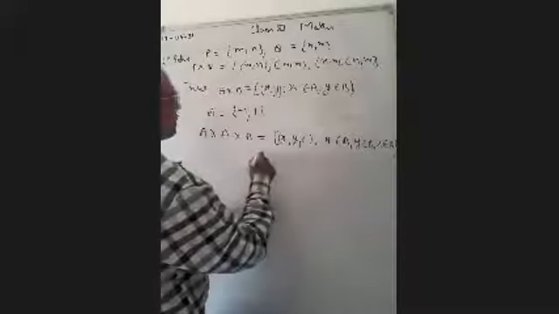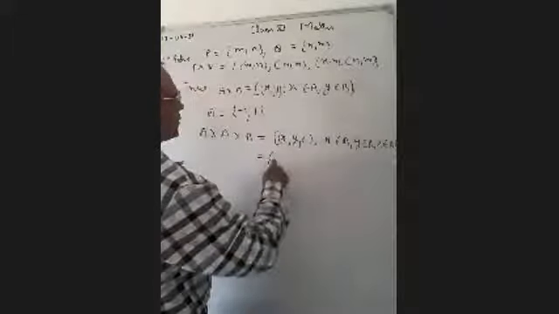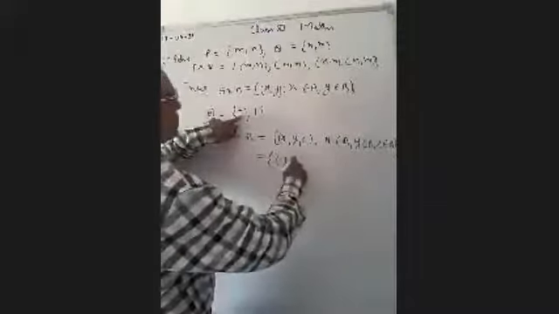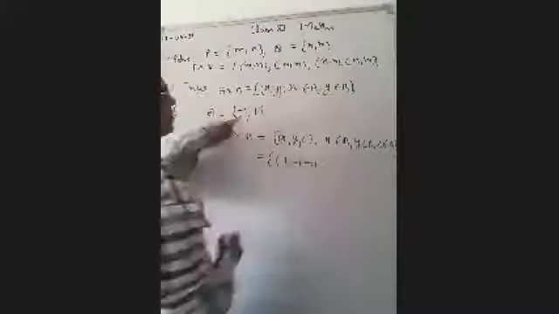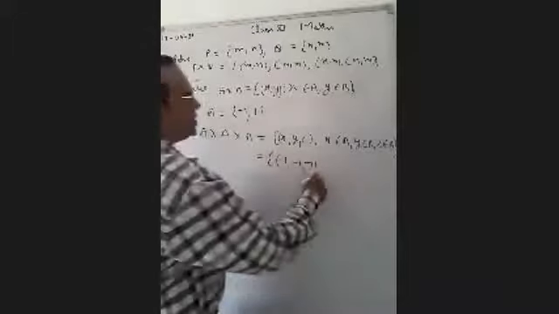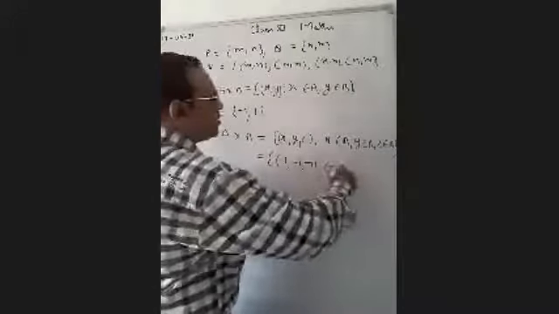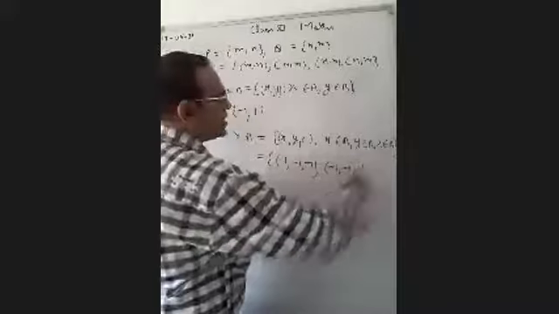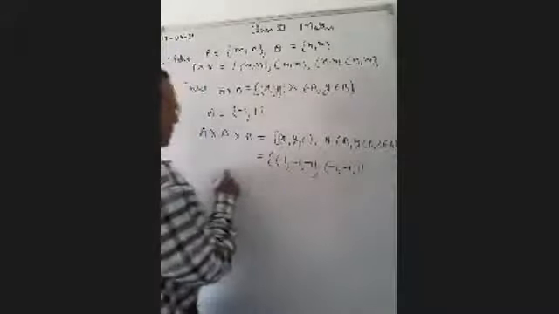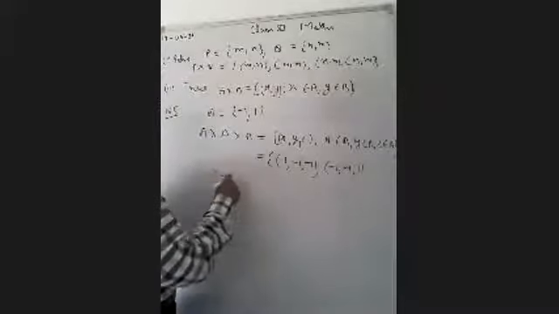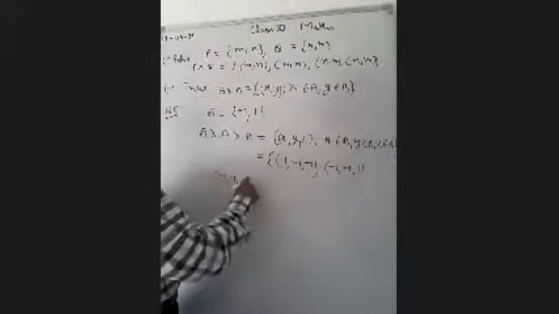These answers will be: first element we have to take -1, so (-1, -1, -1). We can change the position: (-1, -1, 1). Third, we are taking the second element, that is 1. फिर (-1, 1, -1). ठीक है. There are two elements, 2 to the 4 to the 8. There must be 8 elements.